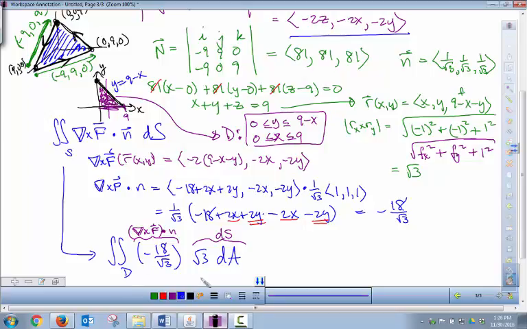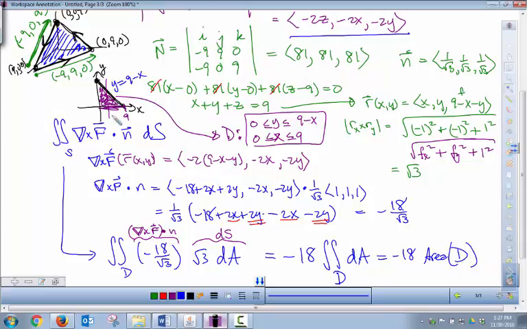All right, well, actually, I don't even know if we need that, because these are all constants. Root 3 and root 3 would cancel. I have a negative 18. I'll have a double integral of D, dA, and D is that triangle. And you know when you have a double integral where your integrand is 1, this is just going to equal the area of D,